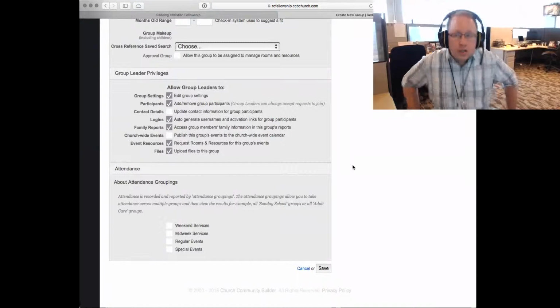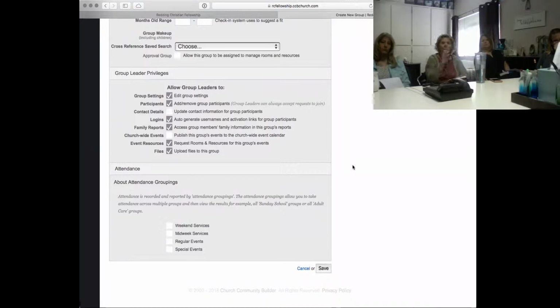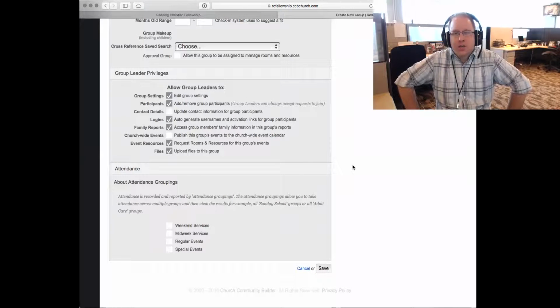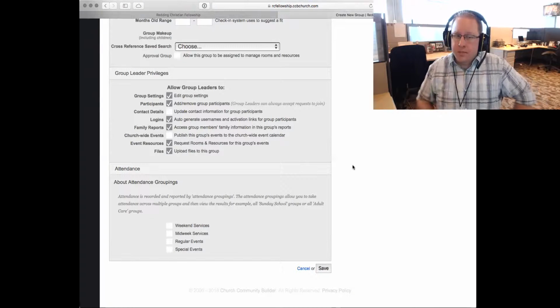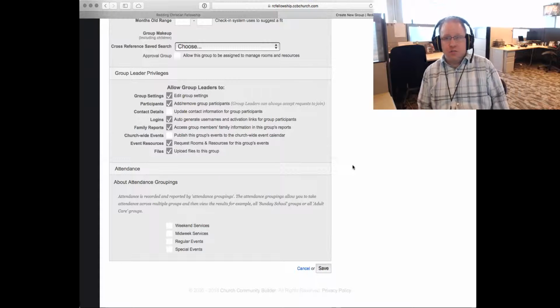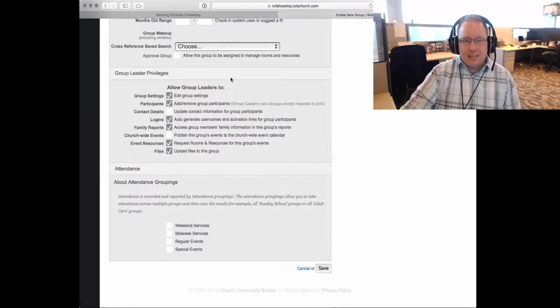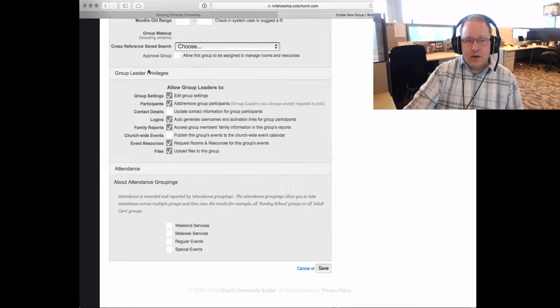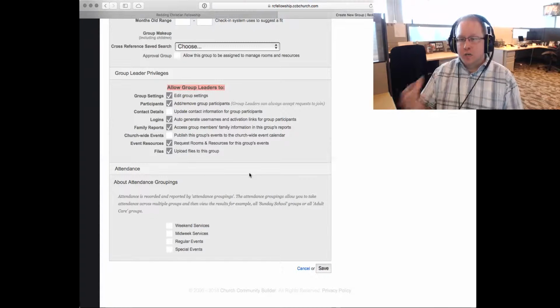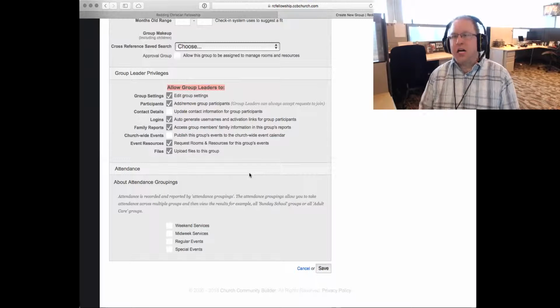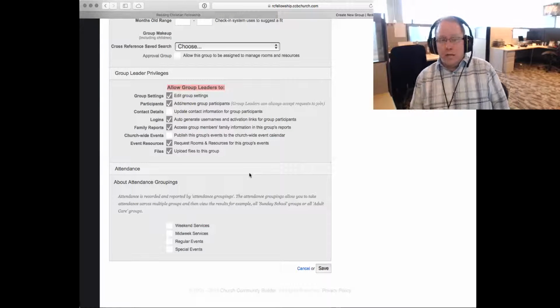Now, for you specifically, Linda, since your teachers and your volunteers are kind of on a rotating basis, and you don't have anything consistent, you will probably end up being the group leader in most of these groups, just because you're creating them. And so, since that's the case, I would not worry about any of these settings right here, about allow group leaders to, just leave it the way it is, because since you're going to be the group leader for the most part, then this has no bearing on you or anybody in the group,